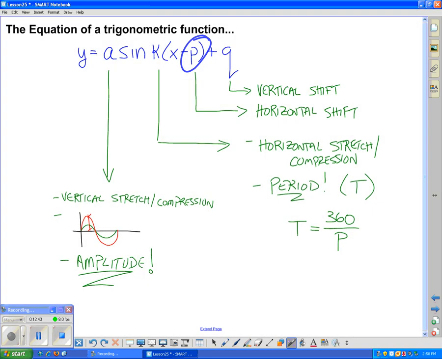All right, and we can rearrange it. And actually what I will do, let's change this right now. Let's get rid of T. Let's make it a K. Then it matches up with our equation. So the equation then, matching the K up from my equation up there, K equals 360 over P, and P is for period. All right, so I'll just put that in there. And we can rearrange that equation and go the other way, so that period is equal to 360 divided by your K value. So this is something that's going to make its way onto your cheat sheet,